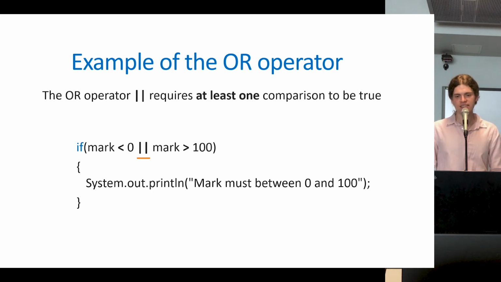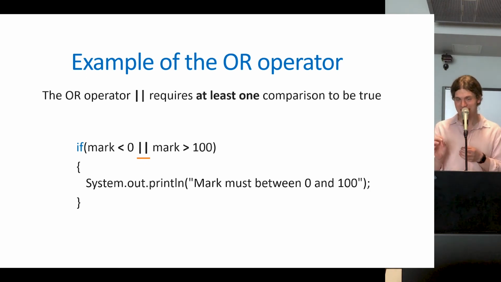So in this case, we're going to combine those two separate if statements that we had on a previous slide into one, and we're going to join them essentially with the OR operator. So place the two vertical lines in between both comparisons, and it's worth stressing that you do need both sides of the comparison, remember. You need both a left hand and a right hand value. You wouldn't be able to say mark less than 0 or greater than 100. You would need to specify mark again to have the comparison between the left hand and right hand side